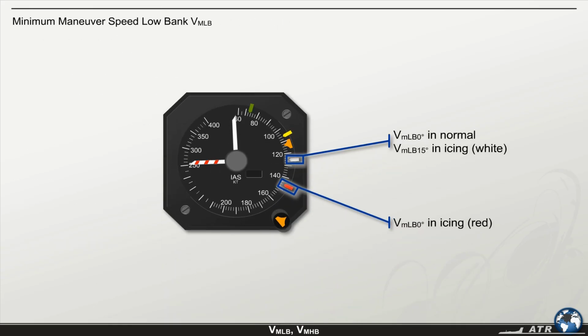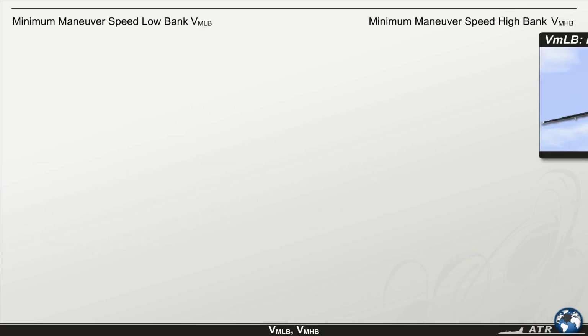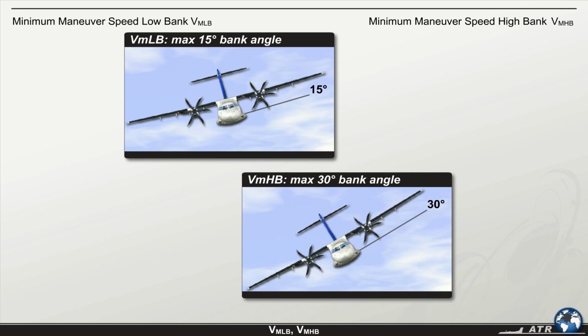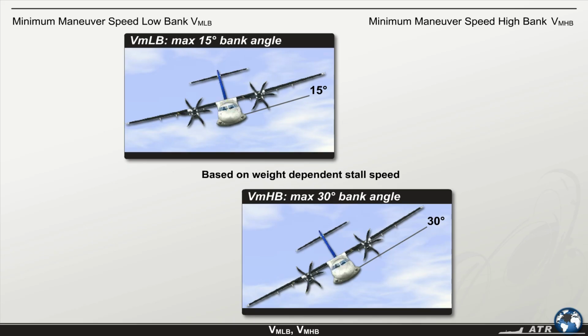Minimum maneuver speed low bank, VMLB, and minimum maneuver speed high bank, VMHB, are ATR-specific speeds. Upon reaching the acceleration altitude, the aircraft has to reach speeds to allow safe maneuvering capabilities. VMLB limits the bank angle to 15 degrees, while VMHB limits the bank angle to 30 degrees. Those speeds are based on the stall speed for a given weight to provide sufficient margin against stall, and they vary for